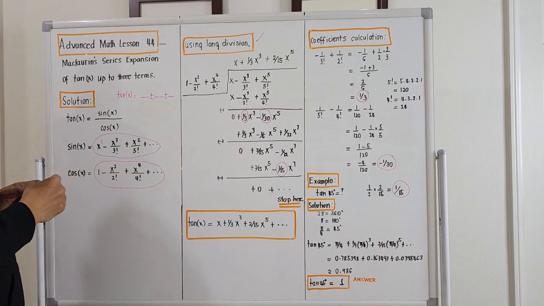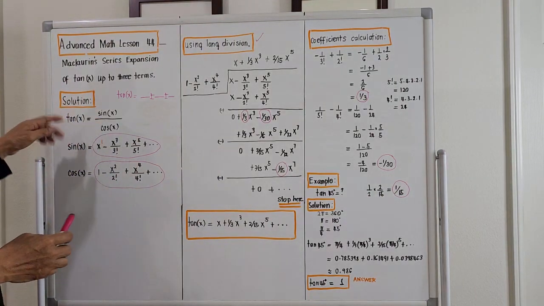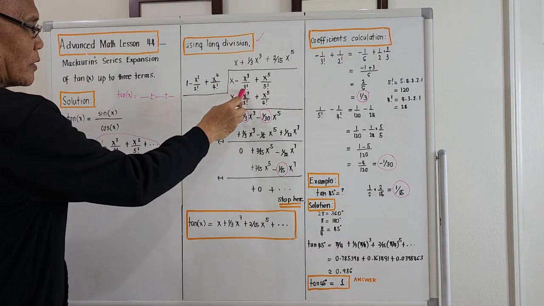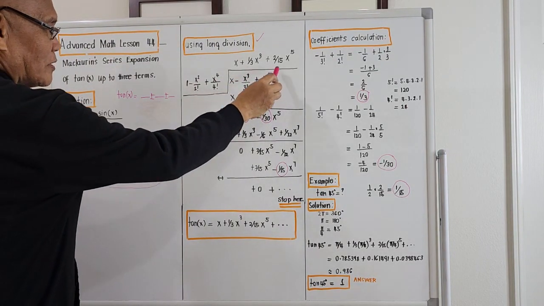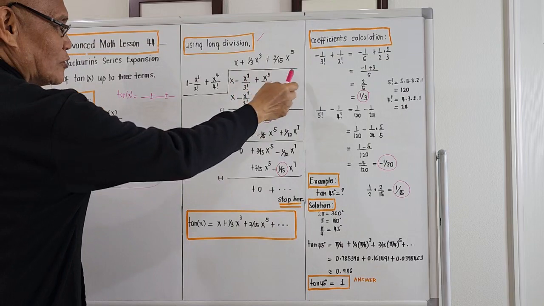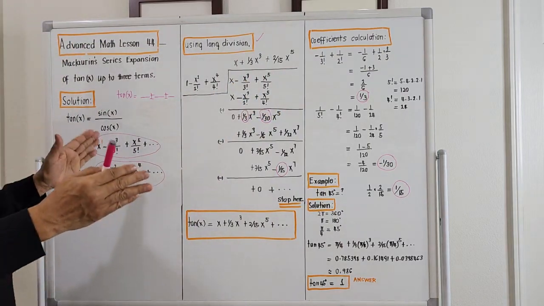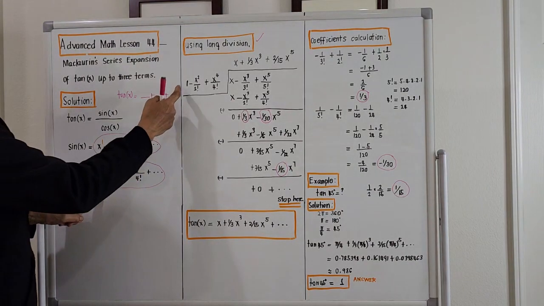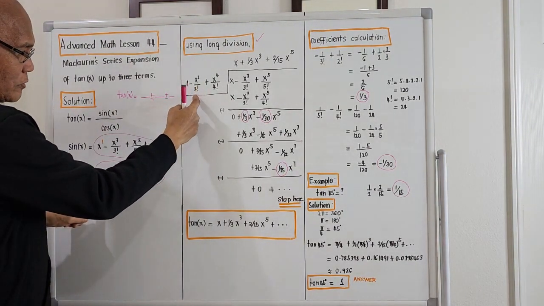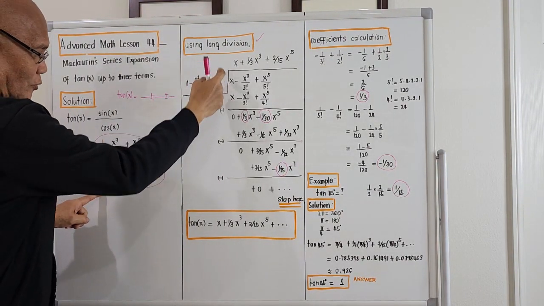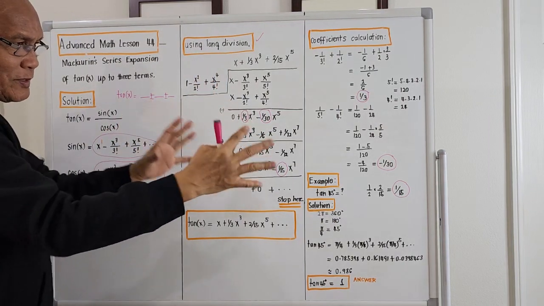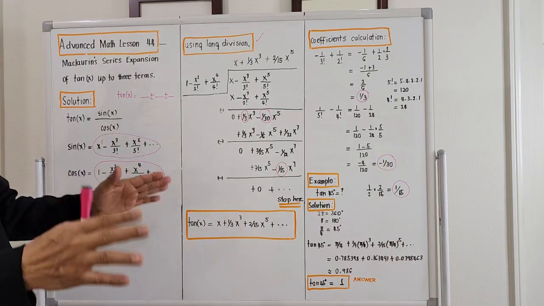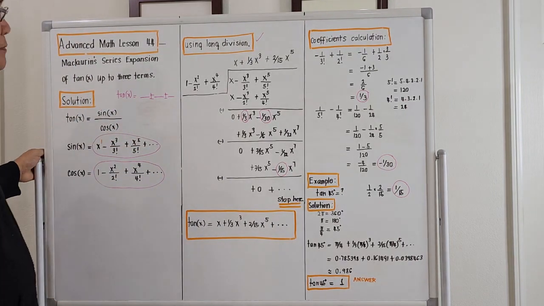Okay? So I will write first the numerator. The numerator is actually the first one. That is x minus x cubed over 3 factorial plus x to the 5th over 5 factorial. That's the numerator, right? And the divisor is actually the one at the bottom. It is this: 1 minus x squared over 2 factorial plus x to the 4th over 4 factorial. For the meantime, we will just include 3 terms, okay? So if we now try to proceed with the long division,